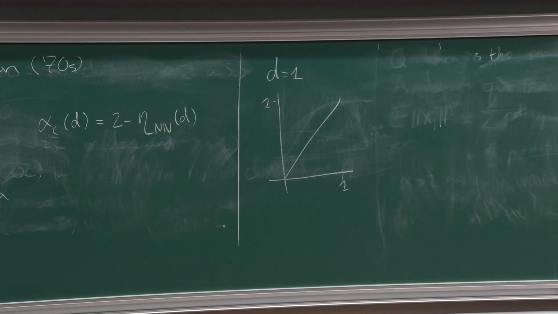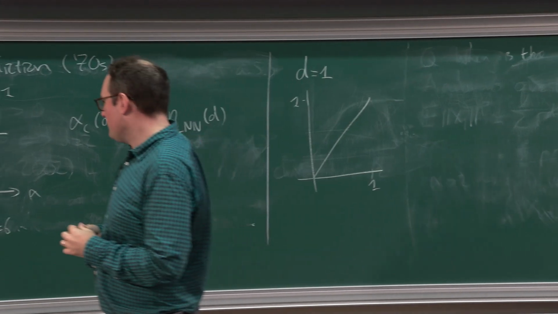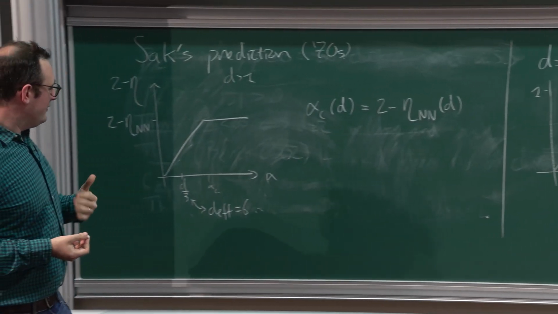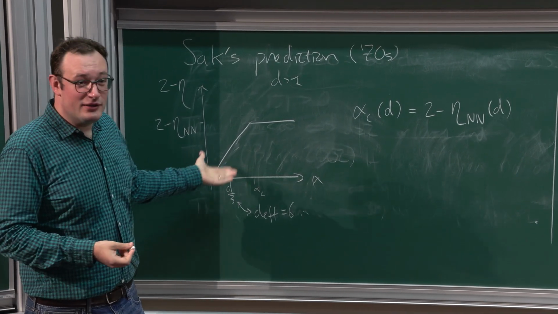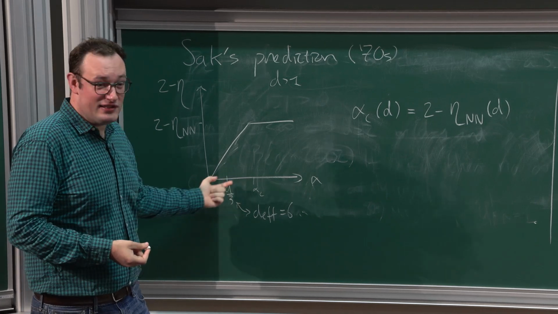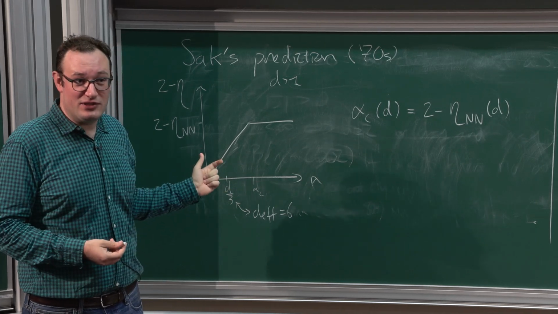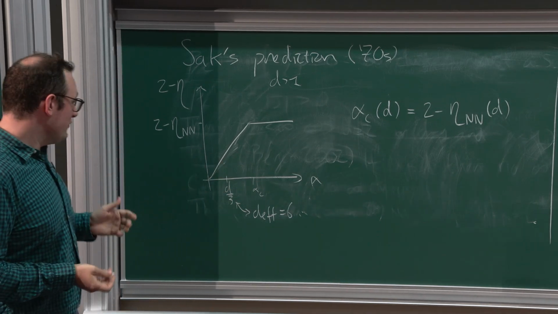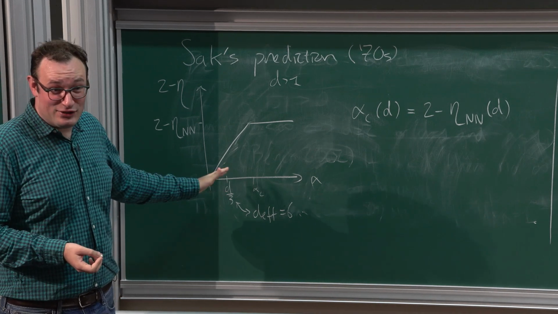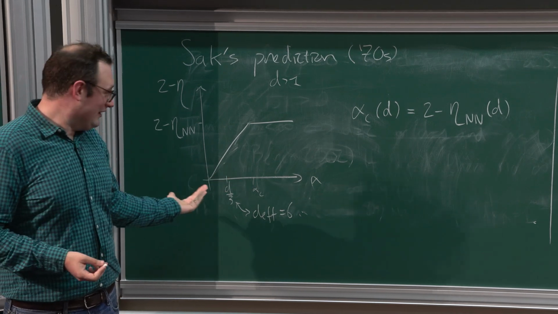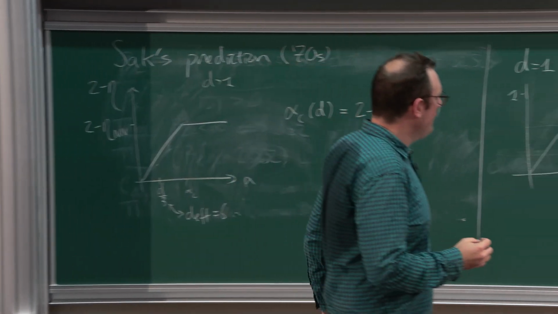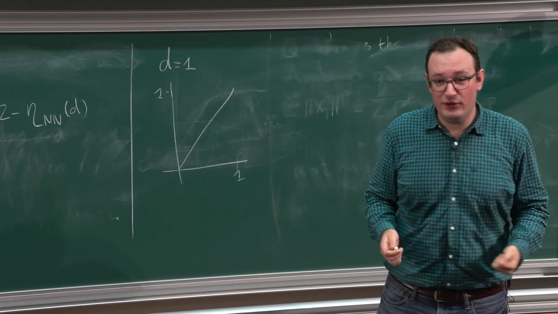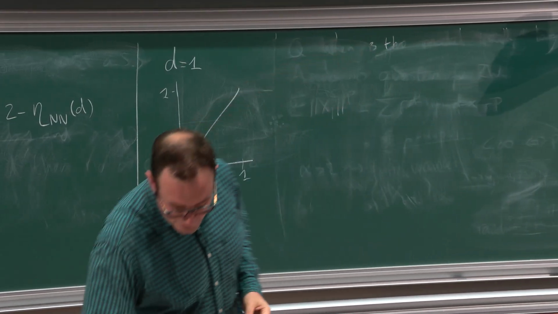So, one of the most interesting things about this prediction is that I've told you that you should expect a lot of behaviors to change as you cross this threshold d over 3, when the effective dimension becomes 6. Okay, but of course you don't see this at all in this picture, right? It's just a straight line. It just goes straight through this. Nothing changes. But you should see the change if you look at other exponents.